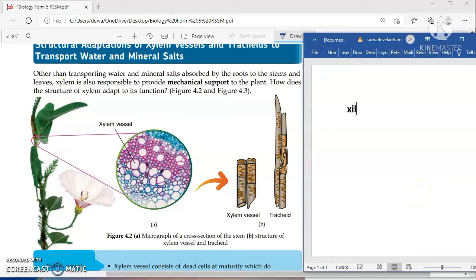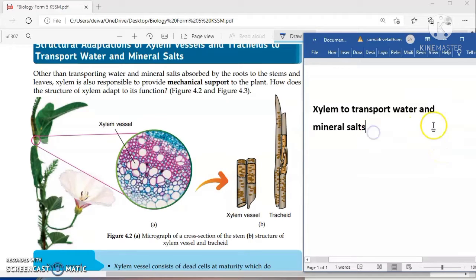Function of xylem is to transport water and mineral salt from the root to the